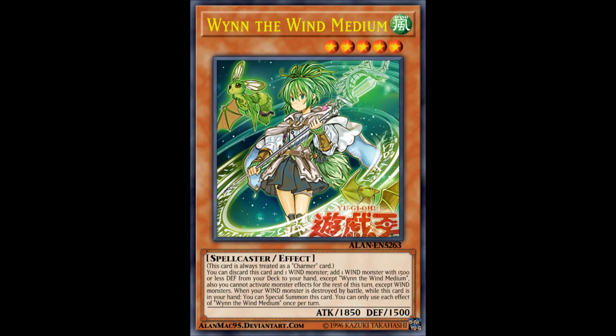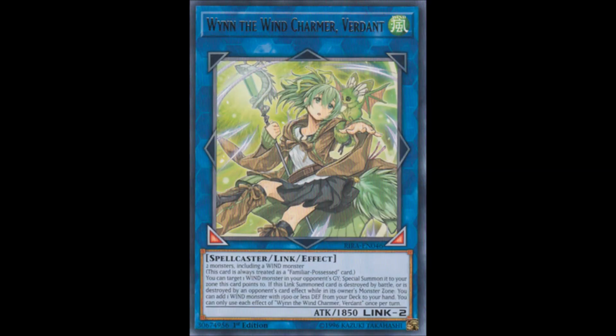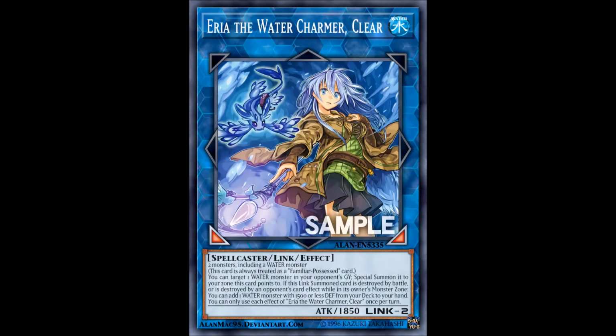that we've gone out of the way with Giga the Risen. We have the first one that was released, Hita the Fire Charmer Ablaze. It's a Link 2 with 1850 attack, and it requires 2 monsters, including a fire monster. Yeah, all of them have the effect of requiring at least one monster of their specific attributes. So yeah, let's cover all of them at once. Hita the Fire Charmer Ablaze, Wynd the Wind Charmer Verdant, Ausa the Earth Charmer Immovable, and Eria the Water Charmer